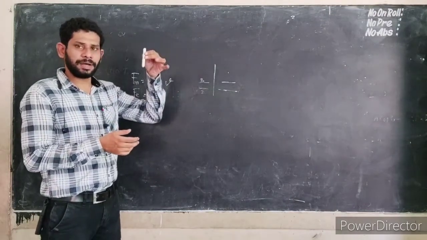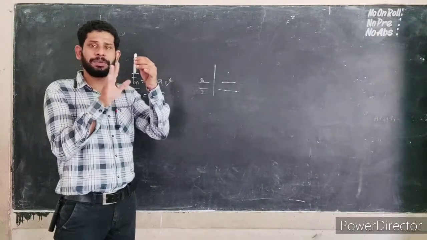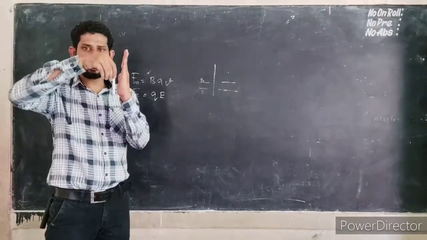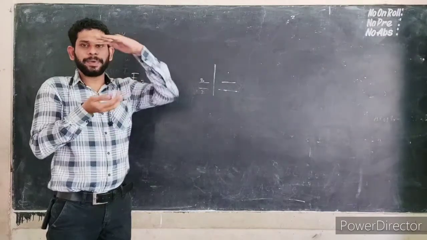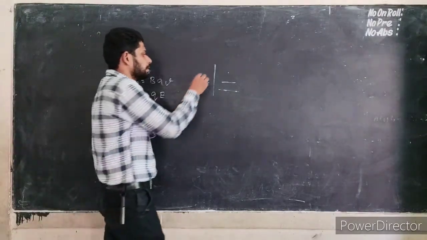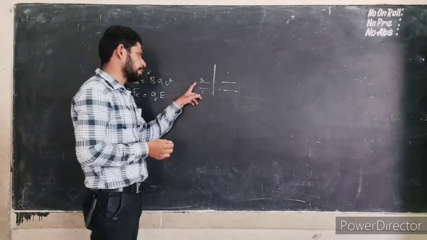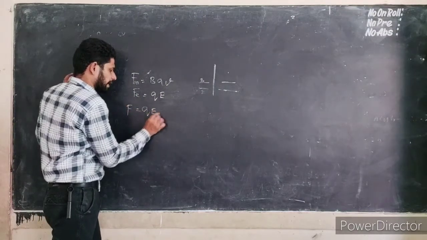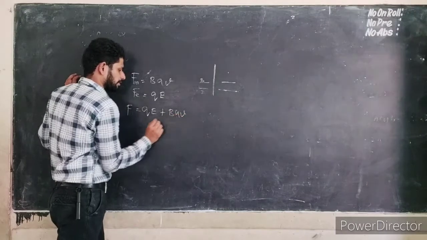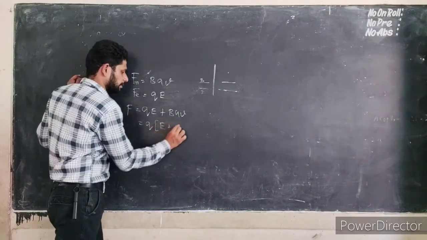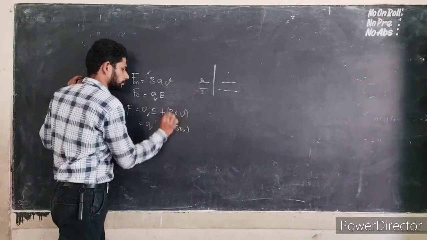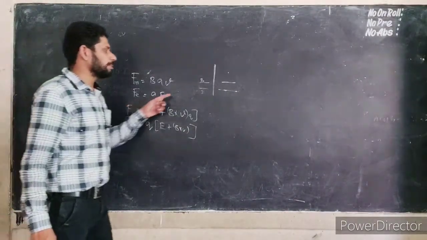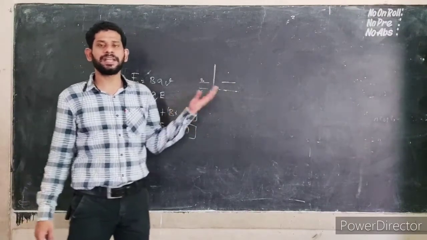Consider this is an ion from which an electron has been removed. It enters the region where I have the magnetic field like this, and the electric field is perpendicular to the magnetic field. So when it enters both the magnetic field and the electric field, it experiences both the electric force and the magnetic force. One of the forces will be nullified by the other force.